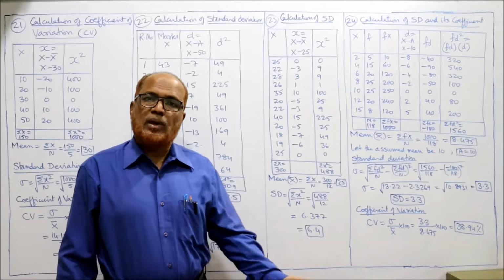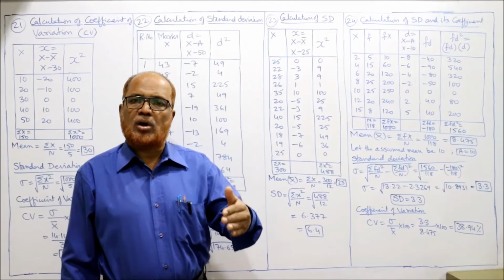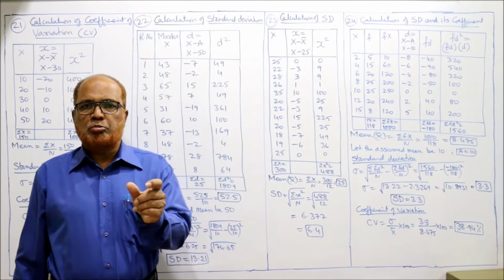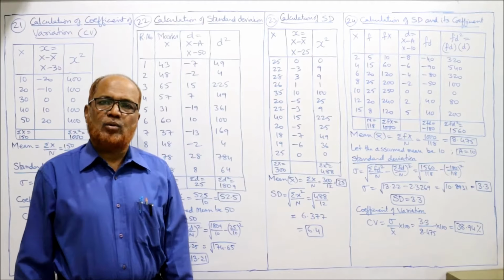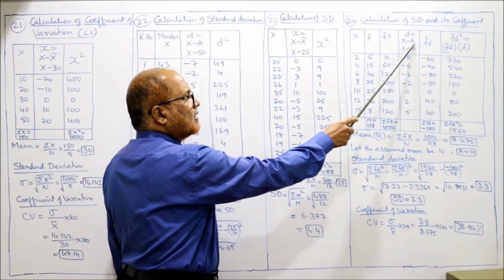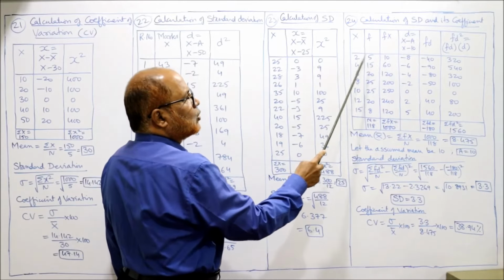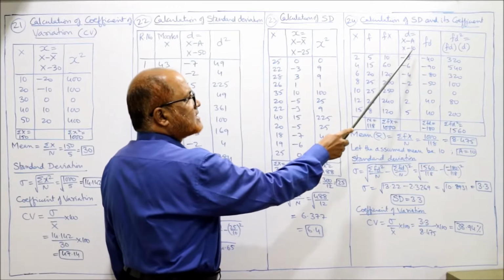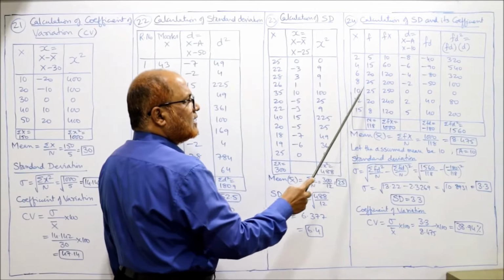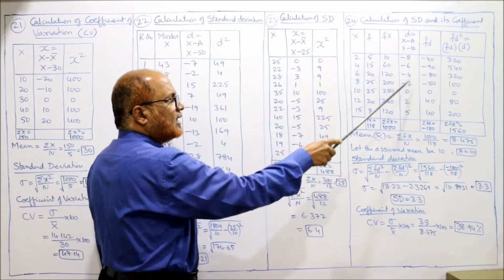सो आपके माइंड में आएगा क्यों ना 8 ले, क्यों ना 9 ले, बिल्कुल ले सकते हैं। You will get the same answer whether you take 8 or 9, but I take 10 because easily we can find out the difference. अगर 10 ले लिया assumed mean तो difference मालूम करने में difficulty नहीं होती, इसीलिए I have taken 10. Now d is equal to x minus a, x minus 10, a is assumed mean 10. 2 minus 10 minus 8, 4 minus 10 minus 6, 6 minus 10 minus 4, 8 minus 10 minus 2, 10 minus 10 0, 12 minus 10 2, 15 minus 10 5, ये d की वैल्यू है।